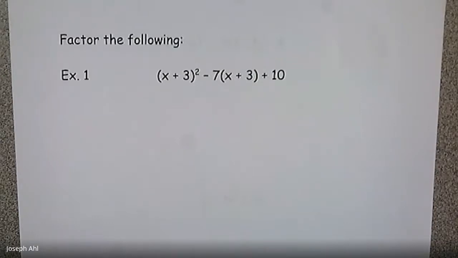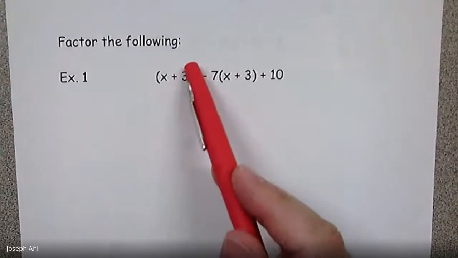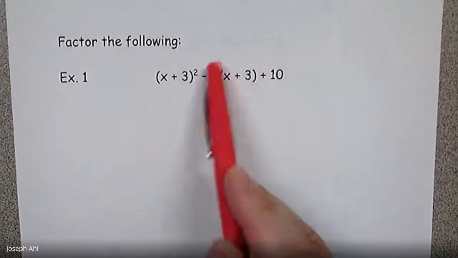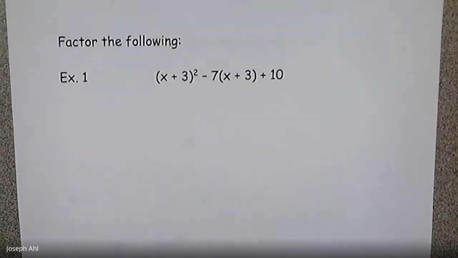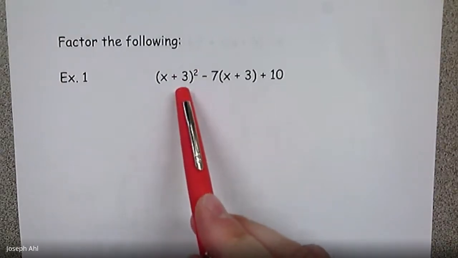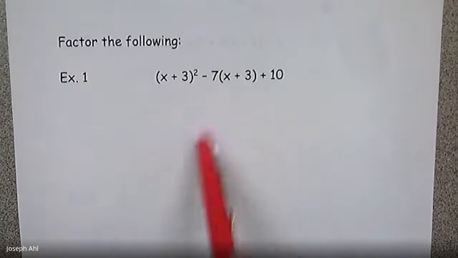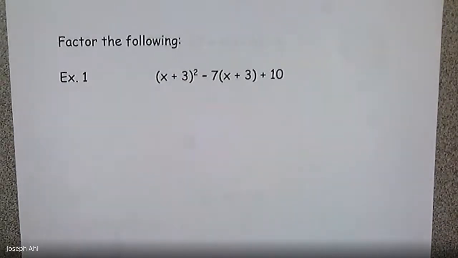So in this example in particular, you may be tempted to do what we did earlier today and expand this and square it and maybe distribute the -7 and clean things up here. But I might try to convince you that maybe that's not the easiest way to do something like this. So although that's not wrong, squaring this and distributing the -7, cleaning it up, factoring it, what if we consider